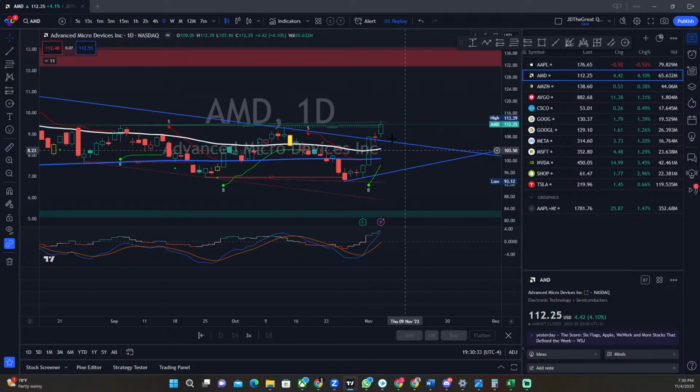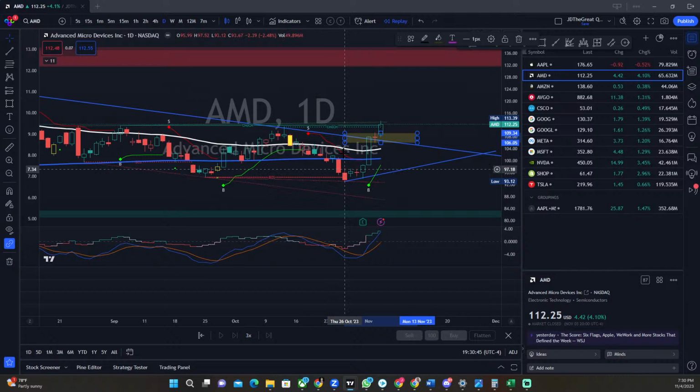All right, so now we got a breakout, got a doji consolidation. This is going to serve as a sense of an order block. So the first thing that needs to happen, if we're going to go ahead and have a downtrend on AMD, this got to go. We're going to have to take this out and take care of the value gap that's below it. There is a lot of buying pressure on AMD right now.